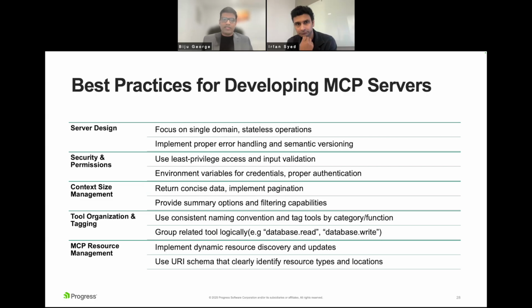I'm not going to go through all of them, but the most important point is to ensure that each MCP server is considered a bounded context, focusing on a single domain and exposing the capabilities belonging to that domain only. For example, the customer domain, exposing the capabilities only for customer through that MCP server. That makes it much more manageable in multi-domain scenarios. And there are security specifications and standards that are published. To the best of my knowledge, June 2025 is when the latest updates to the standards were done.